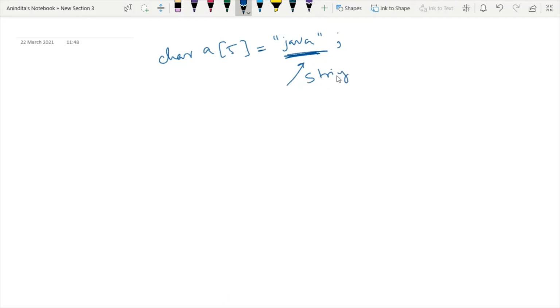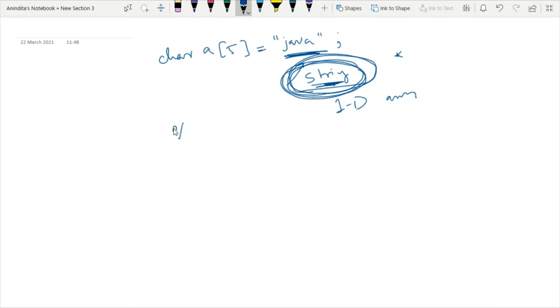So here the question is, does the concept of string exist in the C programming language? My answer is, any string is a one dimensional array of characters. But the data type string does not exist in C programming language. That is, C language does not support string as a data type. So what are we doing exactly, that we have to understand.